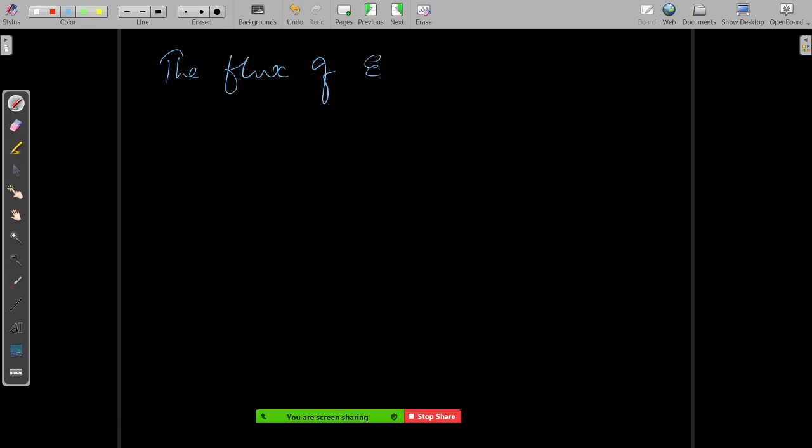of electric field. Now you have to remember one thing. This electric field is the total electric field in the region. Total. In that region, the flux of the electric field through